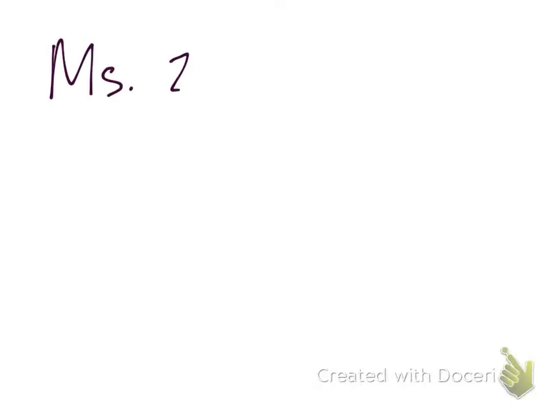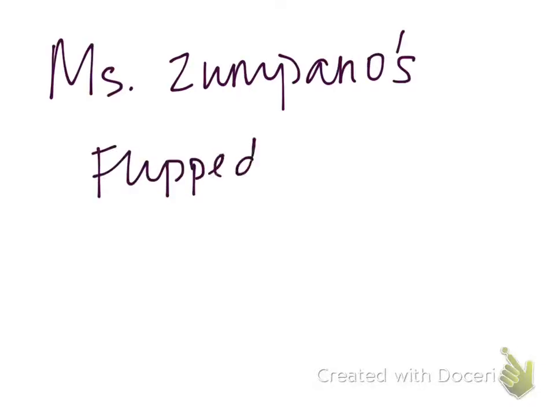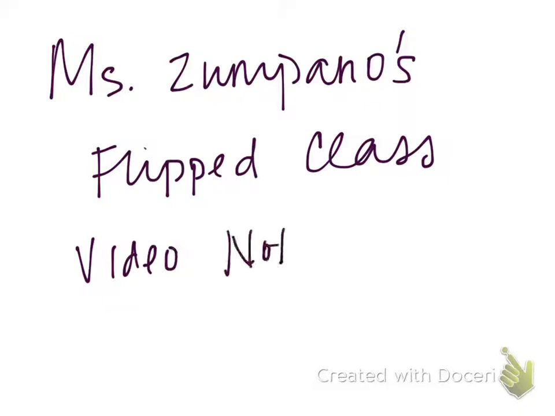Hello and welcome to Ms. Impano's flipped class. We're on notes 1.8. This is multiplying fractions and mixed numbers. We've talked about reducing and simplifying along with equivalent fractions. We're also taking a look and we will be using the information that we've done previously for multiplying integers as